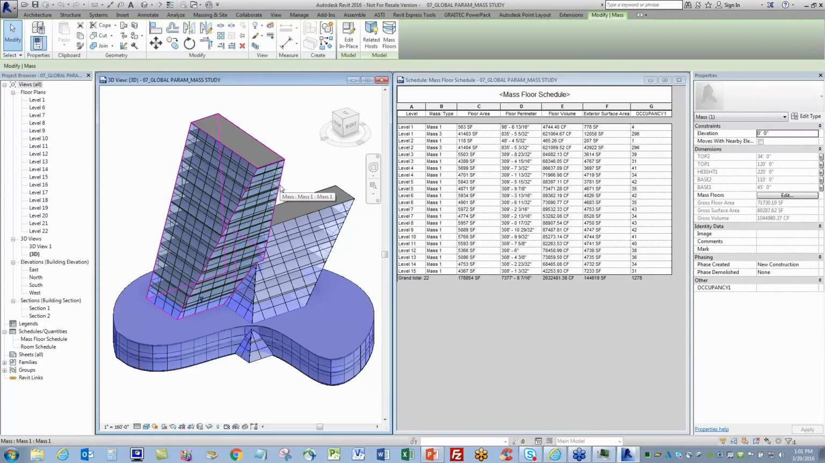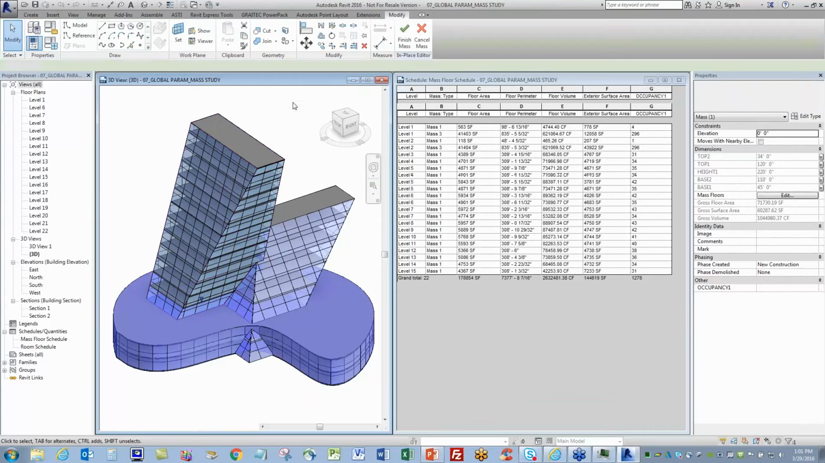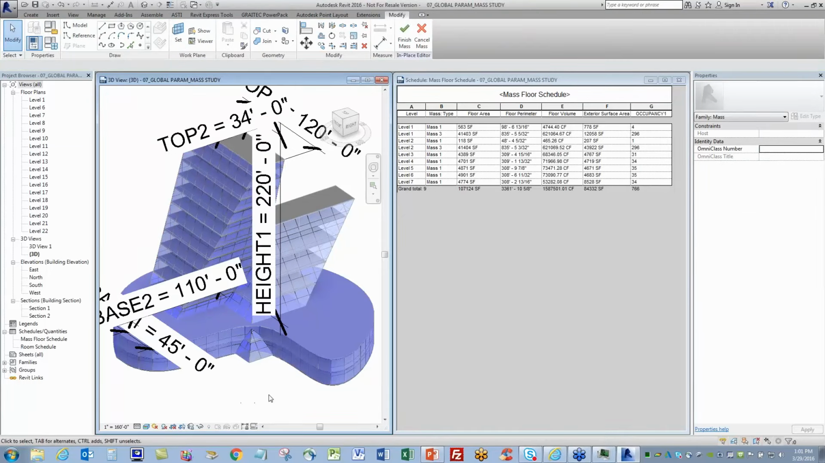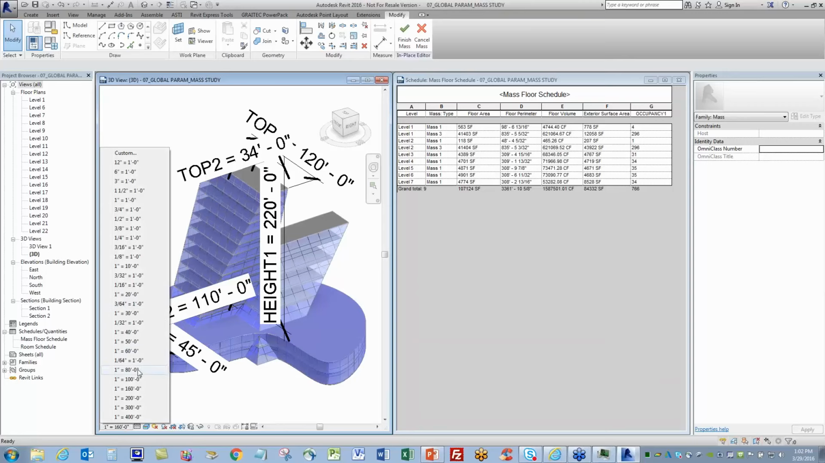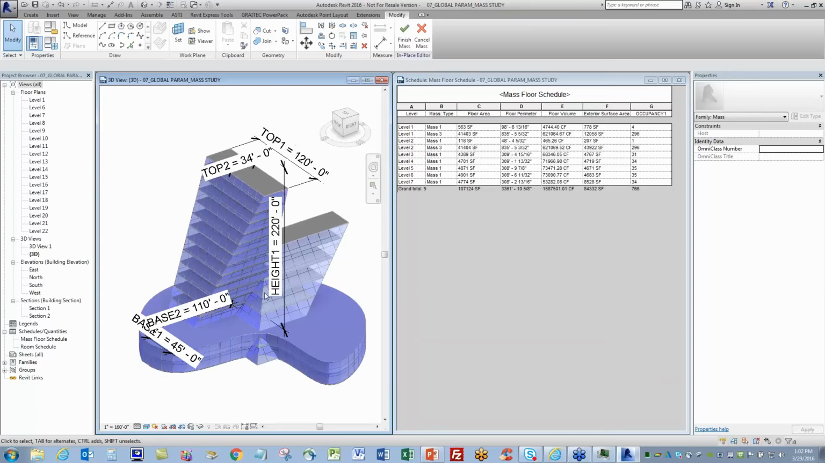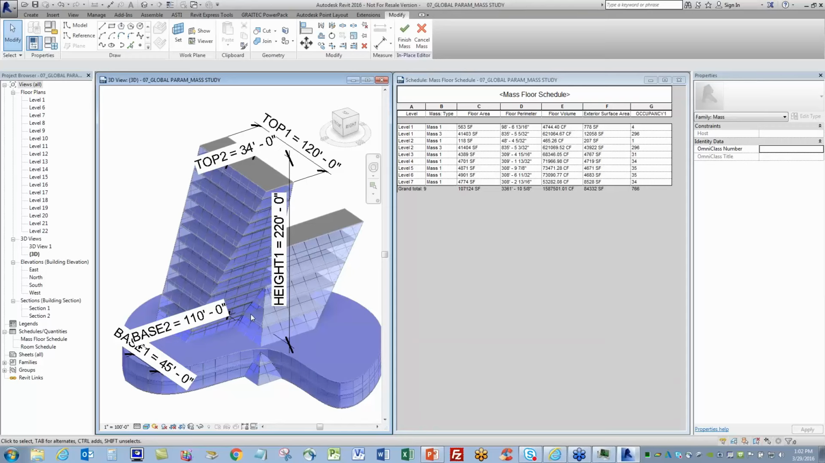I'm going to select one of the masses. This is on this big tower. And I'm going to edit this mass in place. When I do that, you'll see that, let me change the scale of this. Right now it's set to 160. We'll go a little bit lower. Okay, so this tower mass has a height parameter, has a top width, top length, and base width and base length. These parameters are,